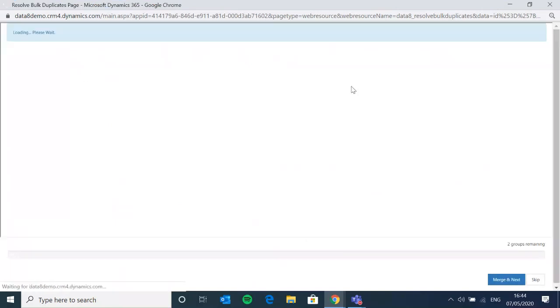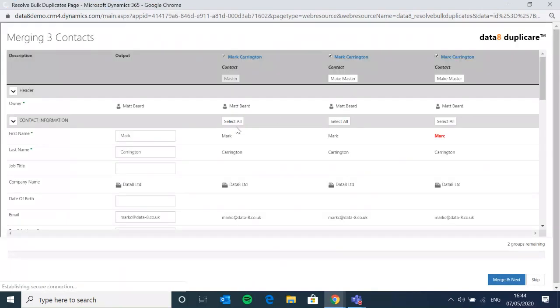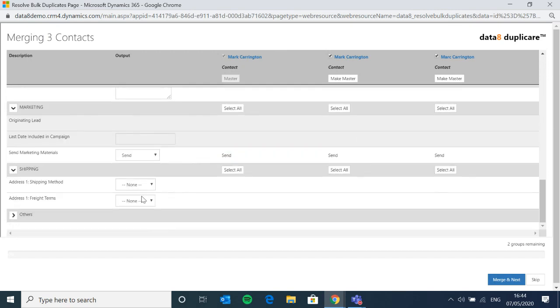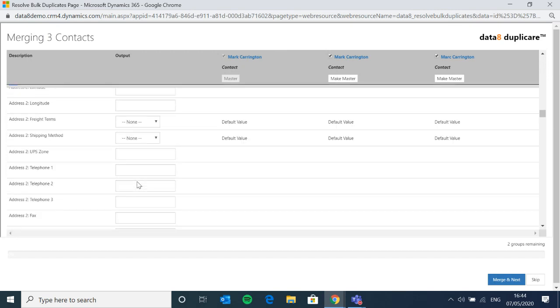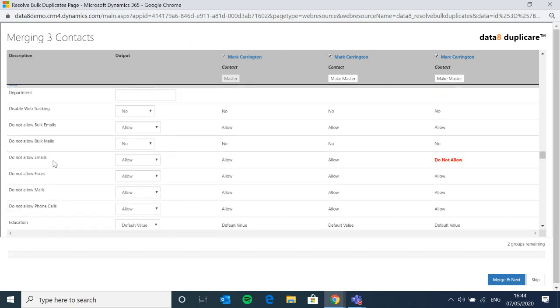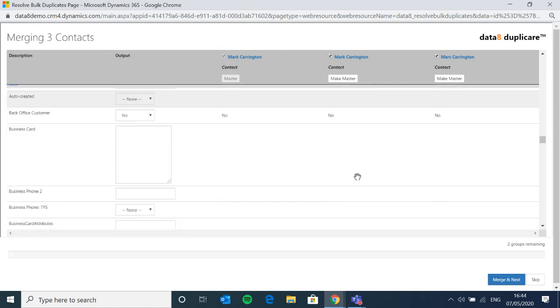Again, what I see is Spotify telling me to keep listening for some reason. Once that disappears, what I will see is the merge 3 contacts window. So this is, again, the same user interface. This is why I start with it at the start. If I go to the permissions fields, what I'm hoping you will see at some point, wherever they are, there you go. Do not allow emails, allow, do not allow. That's the GDPR conflict that it's telling you about, so just be aware of that.